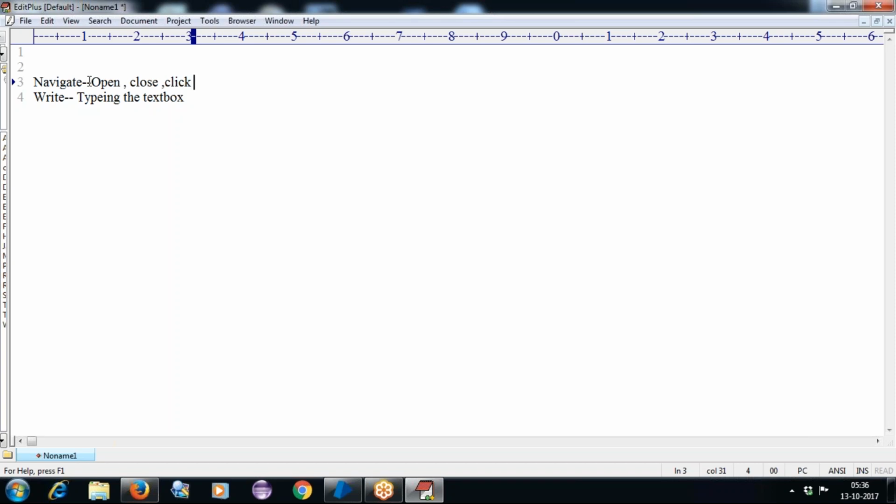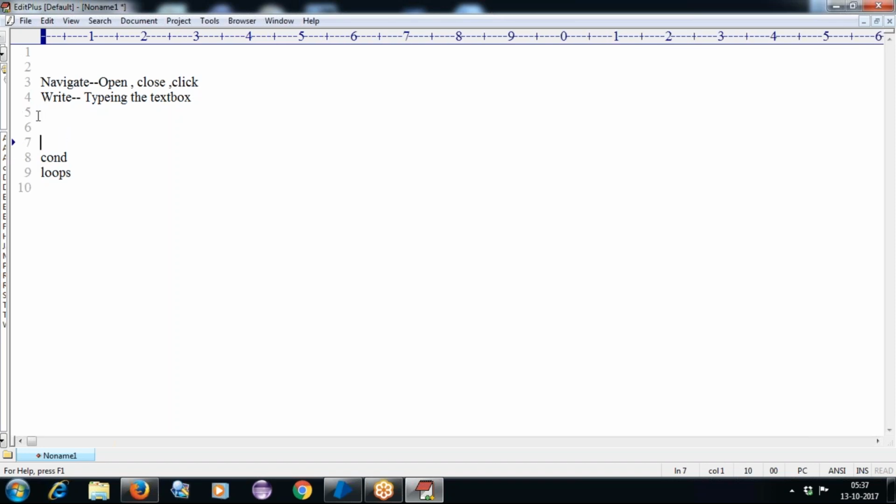Now, similar to that, we need to understand how we can perform some programming activities here. For example, in any programming language, there may be a need to write some conditions or some loops and so on. While working with Blue Prism, how exactly can we perform these things? At the same time, we will also have a requirement to perform some calculations. Let's understand it.